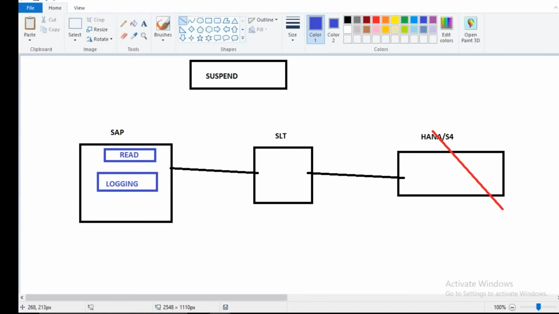Now, this is the read module. So between the read module and the logging table, there is a disconnection. This read module will not be allowed to read the logging table. Please see, I'll go back